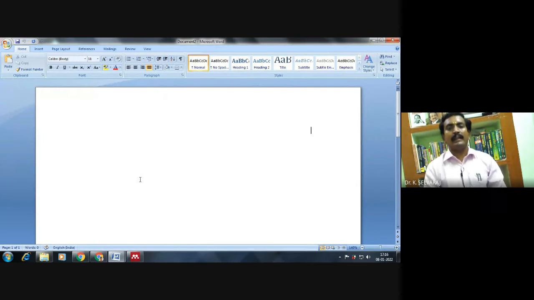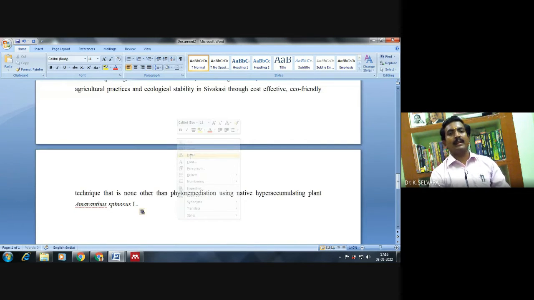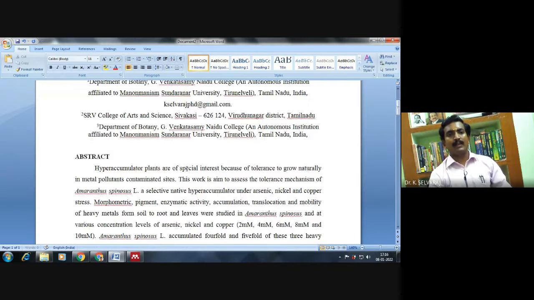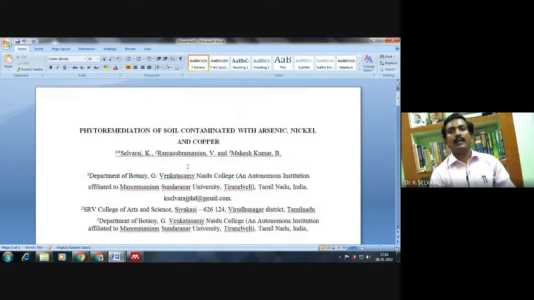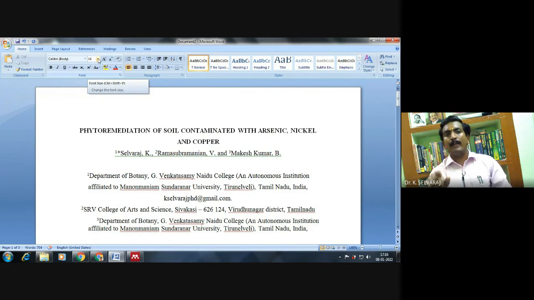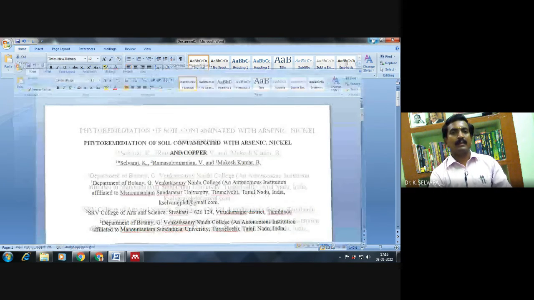Here, I already typed one research article and simply pasted it here. After you install Mendeley on your desktop, you also need the Word plugin for Mendeley.